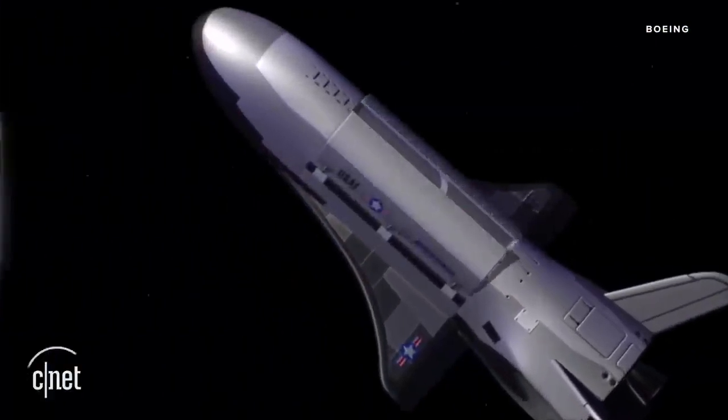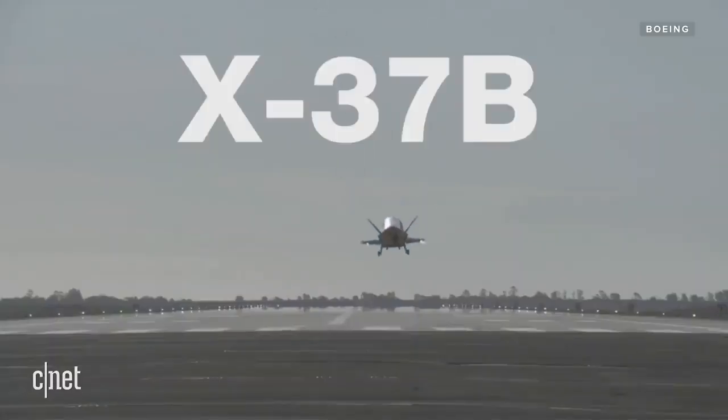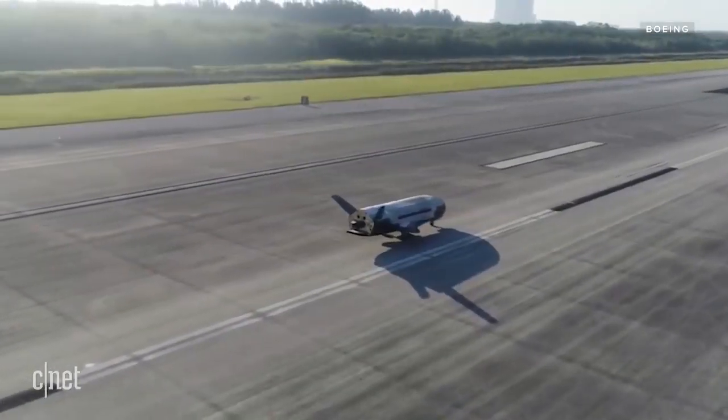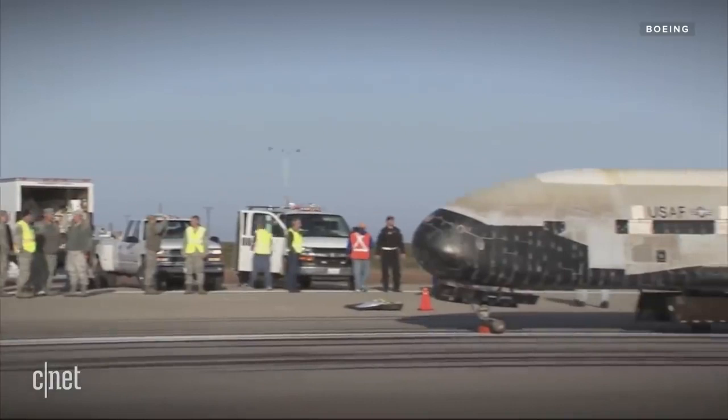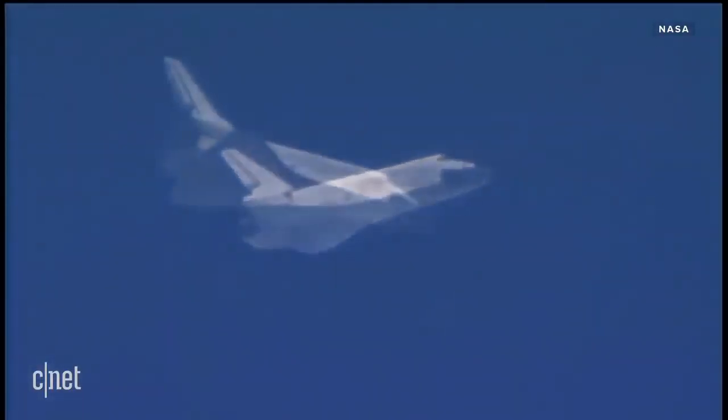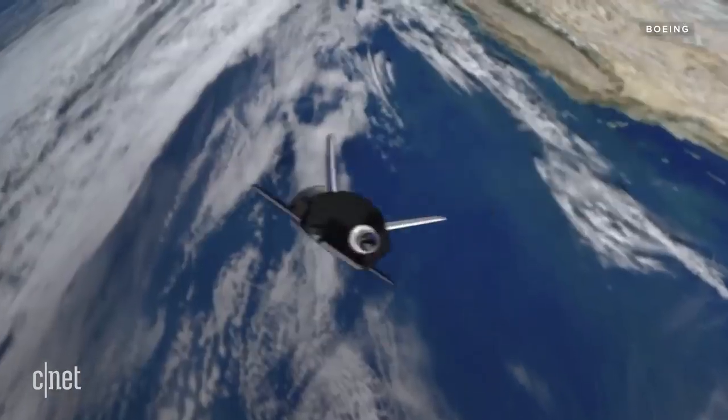Let's start with the basics. It's known as the X-37B Orbital Test Vehicle, or OTV. Do a little Googling and you'll see it's referred to a lot of different ways. Spaceplane, drone, robotic vehicle. It looks like the shuttles that NASA retired in 2011, though the X-37B is 1/4 the